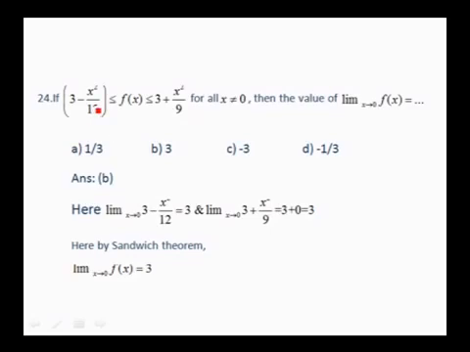See, you have got a special problem here. 3 minus x square by 12 less than equal to fx less than equal to 3 plus x square by 9 for all x not equal to 0. Then the value of limit of fx as x tends to 0 is equal to. So, illiga,